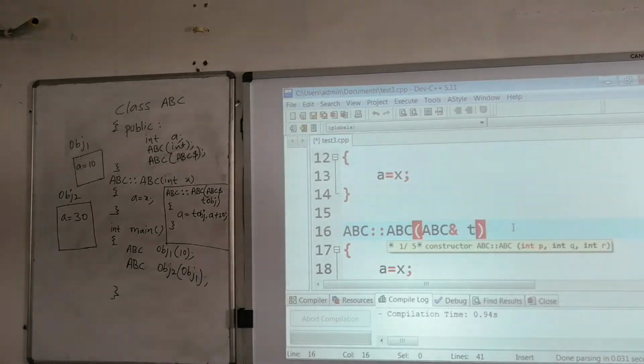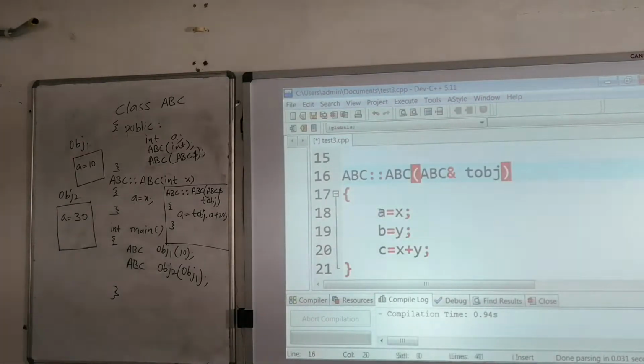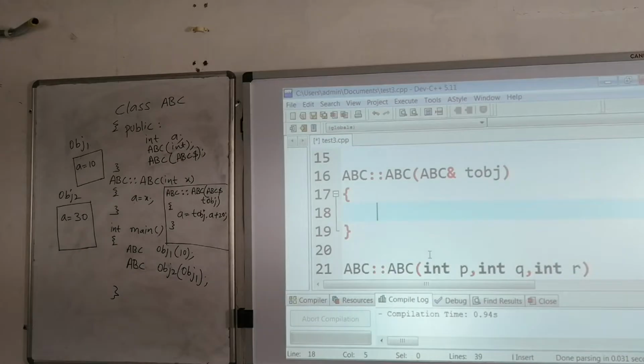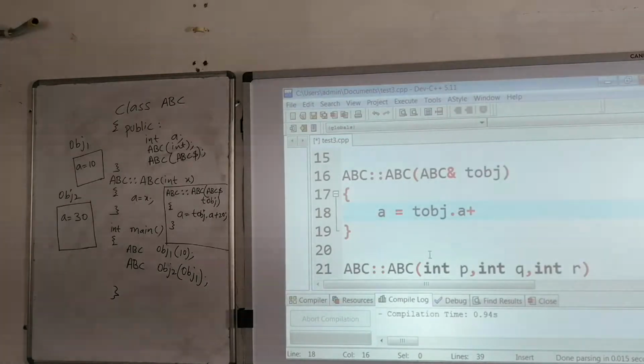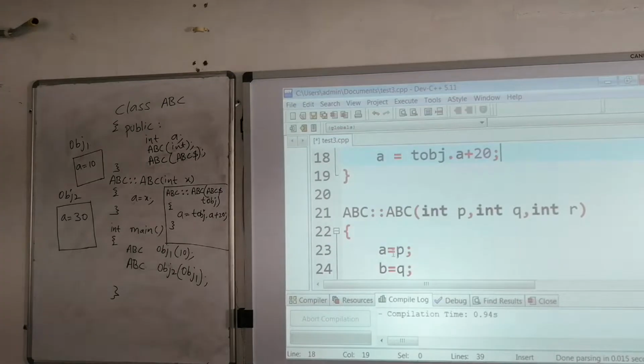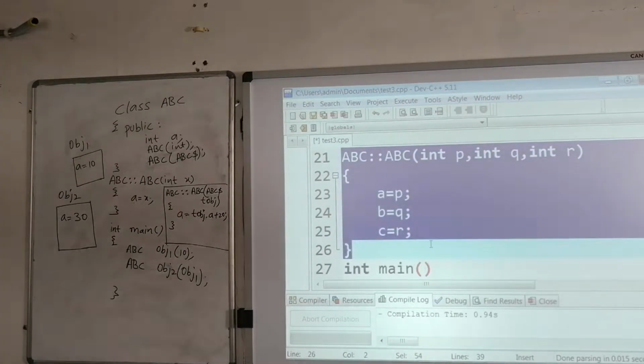We are saying TOBJ. So now inside this copy constructor definition, using the TOBJ, for this A, I am saying TOBJ dot A plus 20. Okay, so here remove this constructor with 3 parameters, no need of this one.